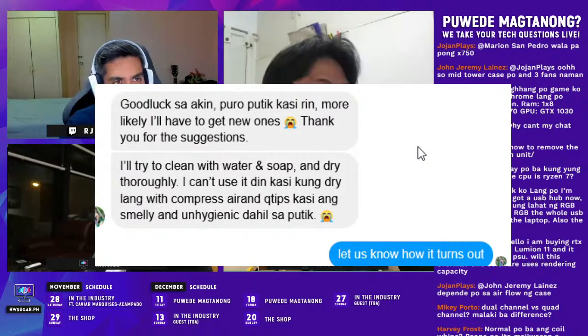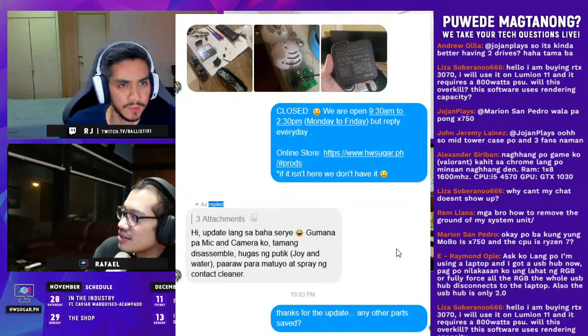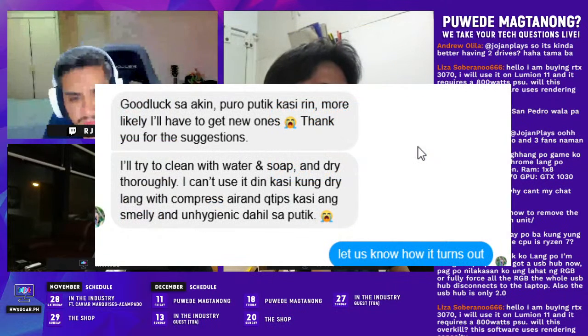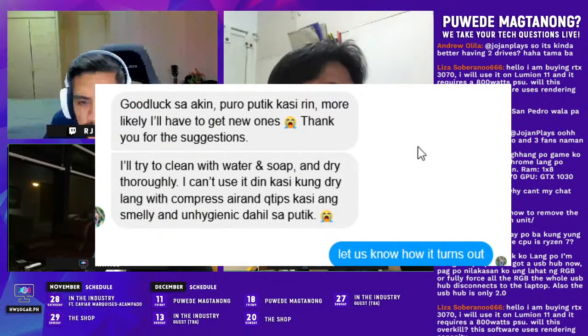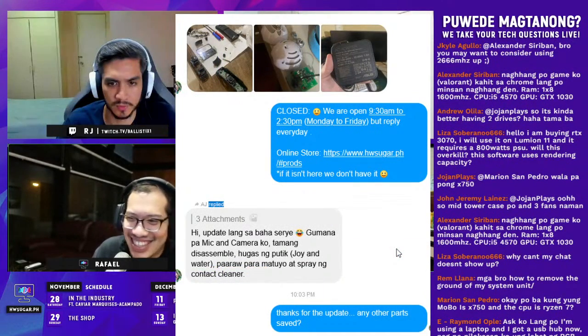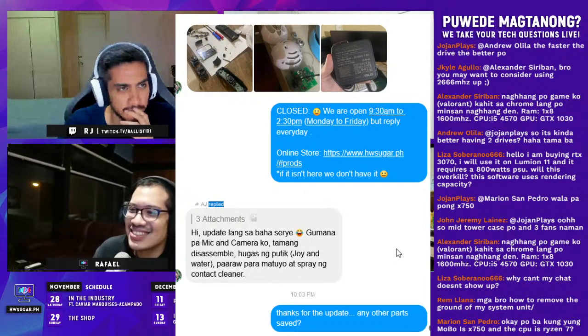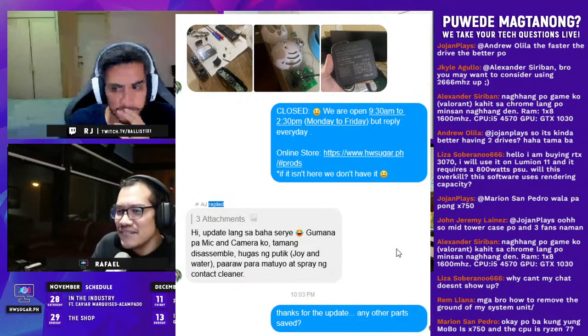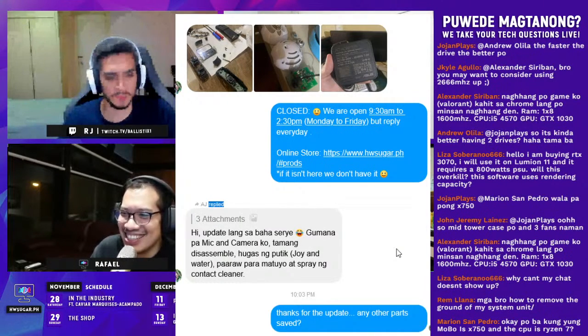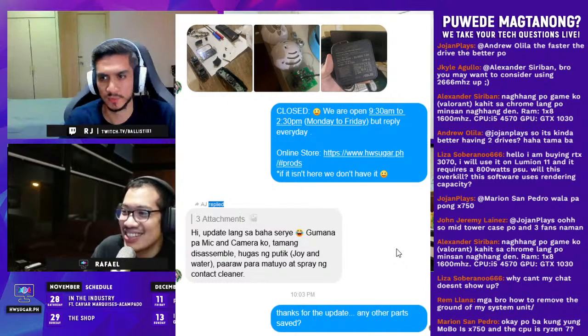I remember. But actually, he got back to us just today and sabi niya gumana naman yung microphone and camera. Pero dinisassemble talaga niya. He took them apart. You can tell in the upper left picture. He took them apart and really dried them out. But hinugasan niya to nung water and soap. The microphone and camera? Sabi niya, I'll try to clean with water and soap and dry thoroughly. So, I think that's, yun, he was able to salvage the microphone and camera. Oh, see, he even says he used joy and water to clean. Intense. So, yeah, he was able to save, yun, now we know.